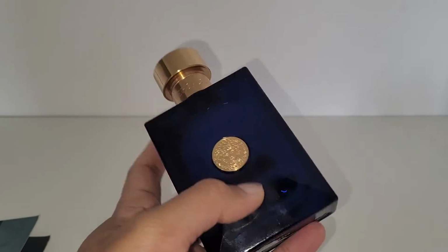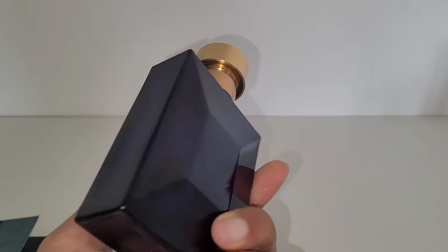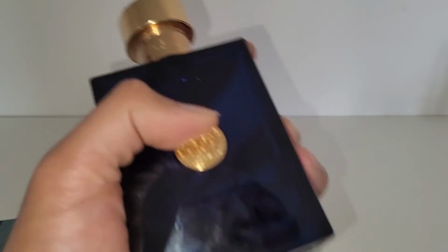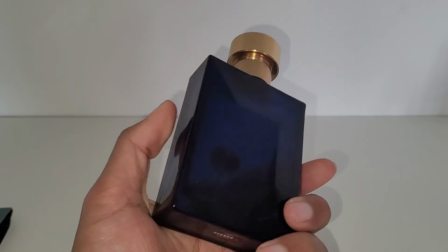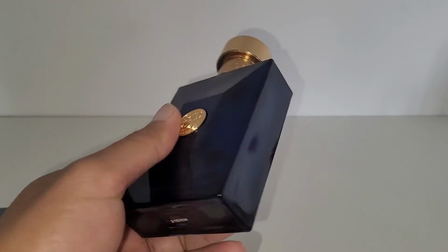I don't know why there was so much hype. And I bought this, and I always buy 100 milliliter bottles. I never buy the 50 mil one. But there you go. This isn't, to me, that masculine. It's not. Maybe it's supposed to be. I'm not sure. Doesn't have that manliness in it. This does, okay, this does to me. So does the Lanvin Avant-Garde, and a couple of other fragrances that I have as well. But this one doesn't have that kind of vibe to me. Maybe boyish. Okay, so it's still male, but boyish male, rather than sort of male, masculine,